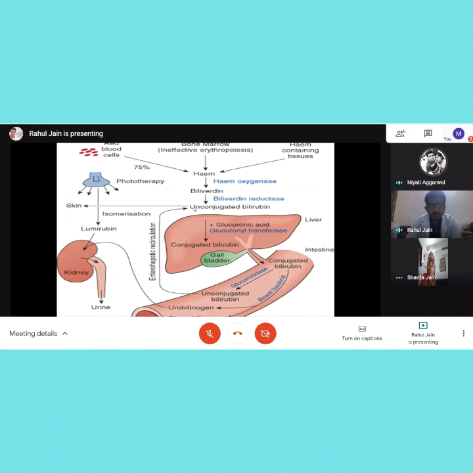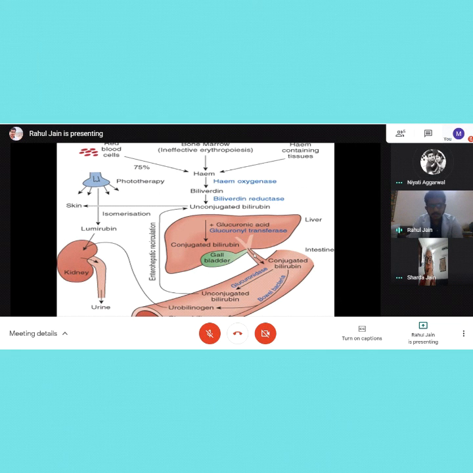It will be only unconjugated bilirubin elevation. So that's when I should suspect that it is pre-hepatic jaundice or hemolytic jaundice. If it's hepatic jaundice, we have already discussed the three classical features, that is dark urine, light stools, and also jaundice, and LFTs will be very raised. So LFTs will be raised of AST, ALT, which is suggesting liver injury.